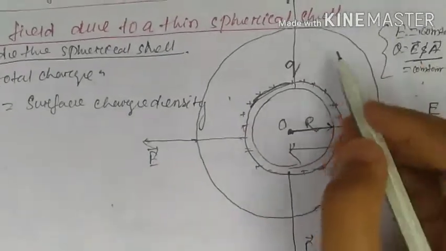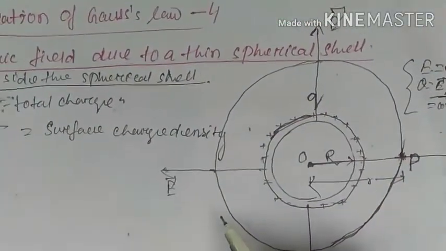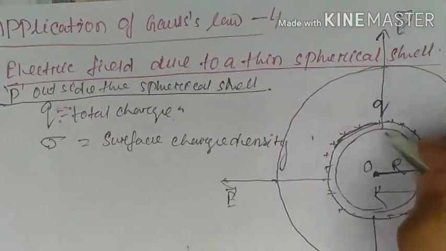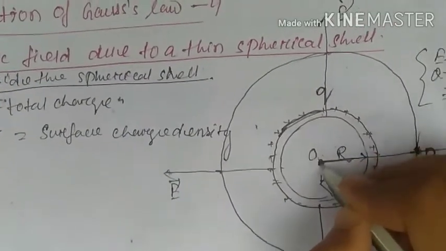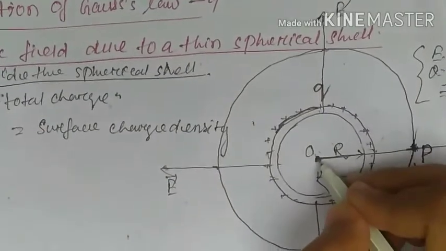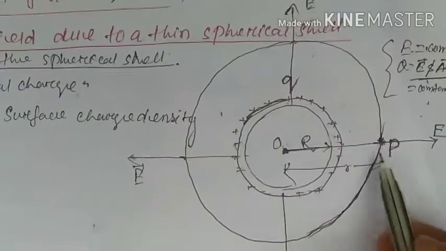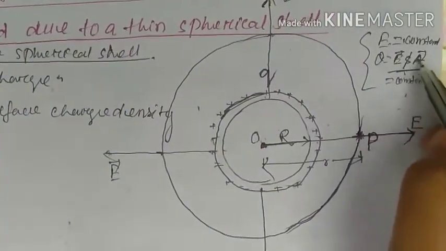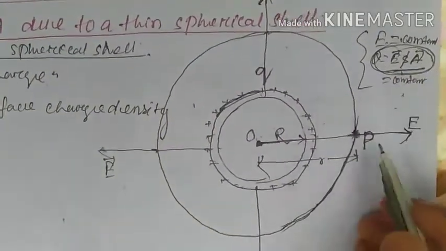These electric fields go radially outward as if from the charge. If we produce them towards the backward side, it looks like the charge Q is placed at the center. At every point of the surface, now we go to another component, that is the angle between E and the area vector, we will see.